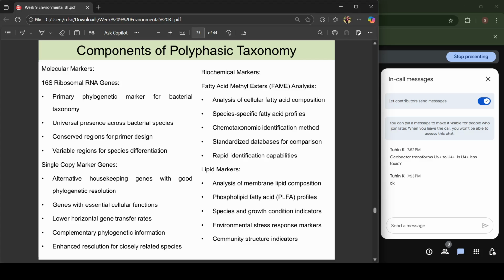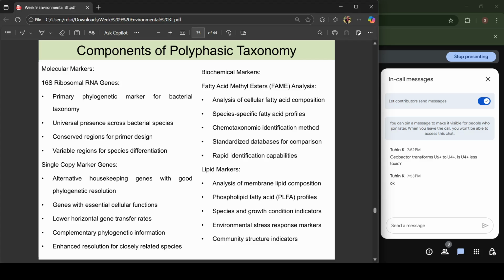Whereas horizontal is within the generation itself, from one organism to another organism, and single copy marker genes are those with low horizontal gene transfer rates, and they have complementary phylogenetic information and enhanced resolution for